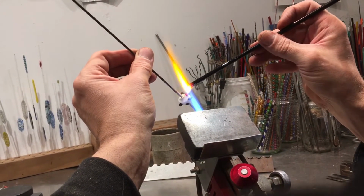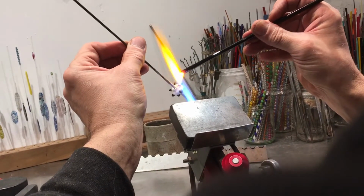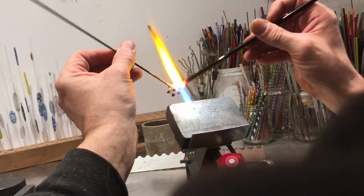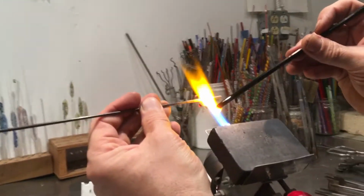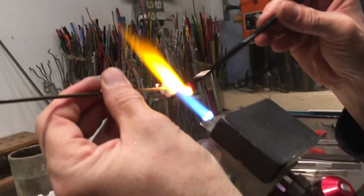1, 2, 3, and 4. So now I have 4 raised polka dots, like a bumble bead, a French tickler bead,